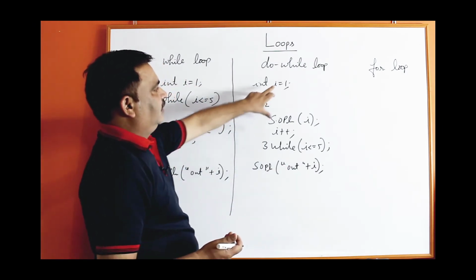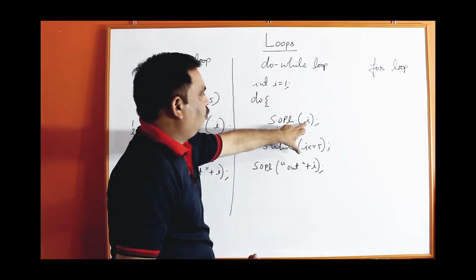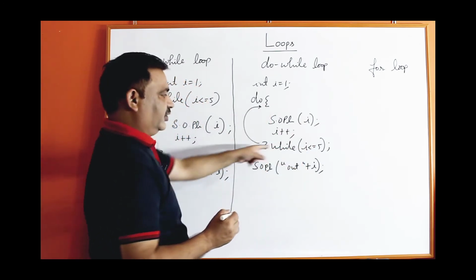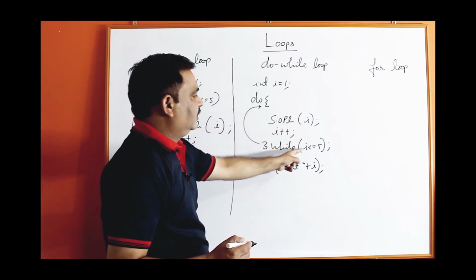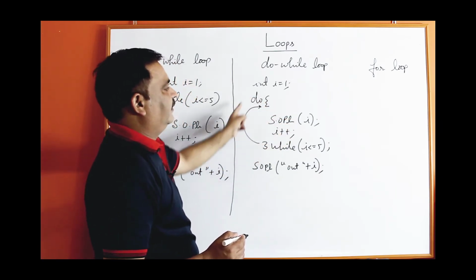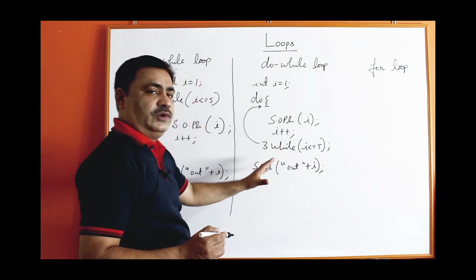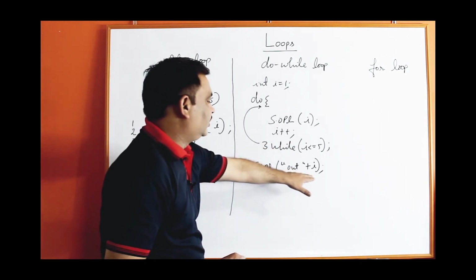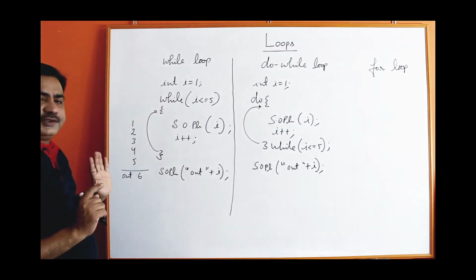So in this case, I is 1. Body of the loop will start. It will print 1. It will make it 2. 2 is less than equal to 5. Repeat. Condition is true. So 2 will be printed. Again it will become 3. 3 is less than equal to 5, it will print 3, then 4, then 5. When it will print 5, it will become 6. 6 is less than equal to 5? No, condition is false. It will come out of the body of the loop. So out 6, same result you will get here. 1, 2, 3, 4, 5, out 6.